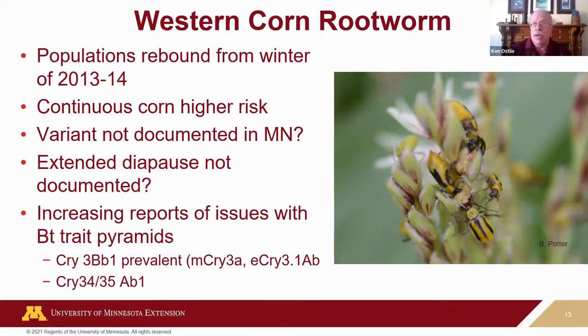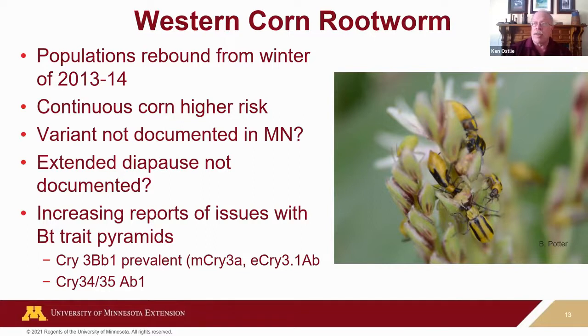So that's a phenomenon in Minnesota that we primarily associate with northern corn rootworms. It's called extended diapause. But even though Western corn rootworms are theoretically capable of it, small percentages have been detected. For the most part, they're not as winter hardy. And so we tend to see less extended diapause issues.